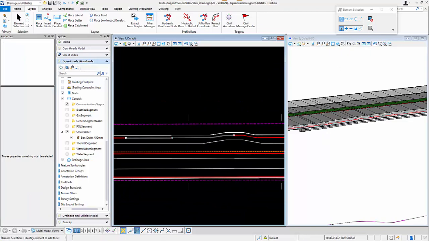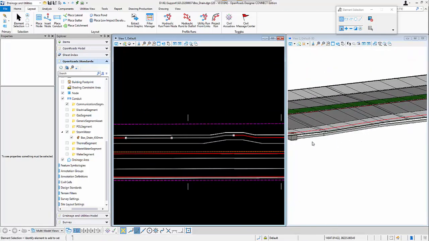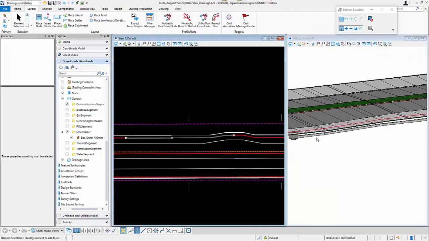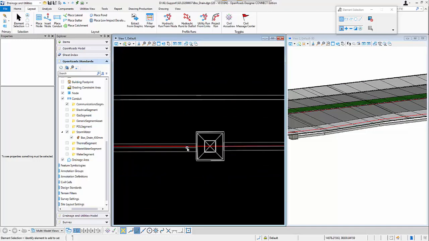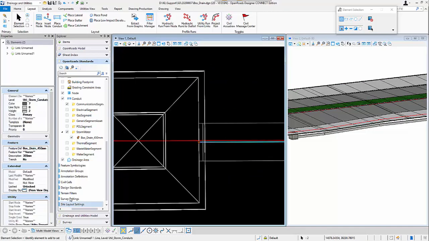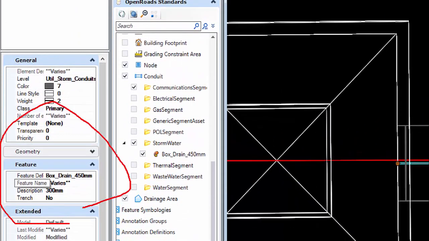After that, as you can see in the 3D view, I model up a conduit. However, it is in a size other than what I defined in the prototype. Now I will have to select these two conduits, and then from the properties of these two conduits in the feature section,